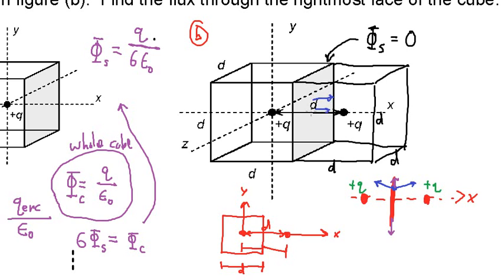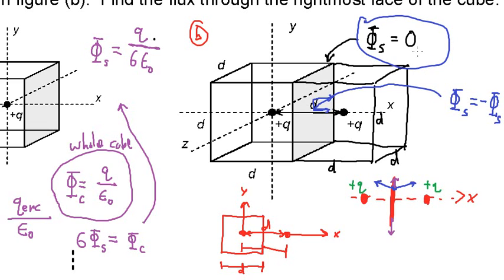Another way to see this is to draw a second cube. You can draw a second cube with one face abutting the first cube, right? And the second cube will have, let me see if I can finish my second cube there. There we go. We'll have this cube at the center, okay? And now these two cubes are identical. They're both side length d, and each one has a charge at the center, and they share this one face. And so then you can say by symmetry, if there were flux going through this face, you should be able to flip the whole problem over and have the same thing be true. And